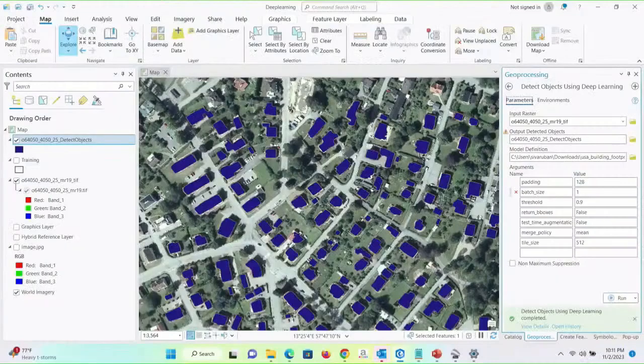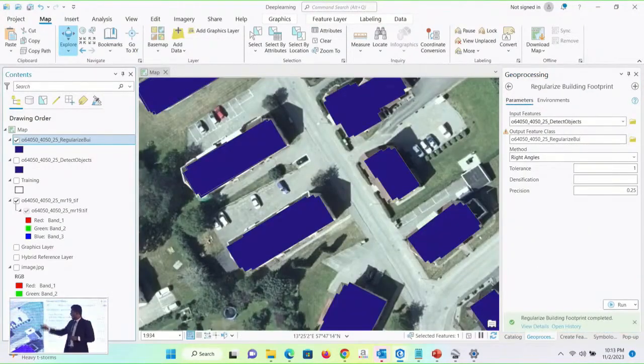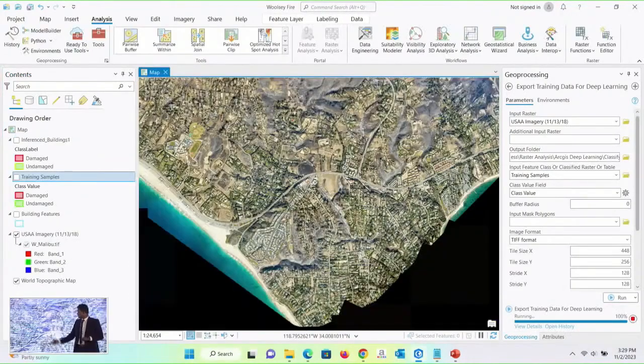When we look at the traditional way, what we did was just digitize. So it takes time. Within an hour, depending on our machines, we can get the output. After we get the output, we can also enhance these edges, like regularizing them. That is also possible.